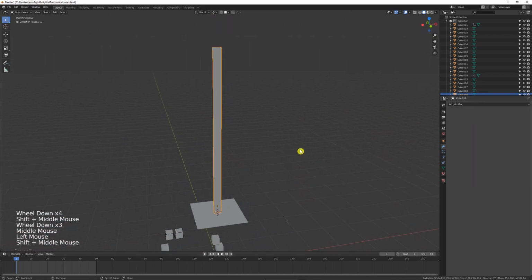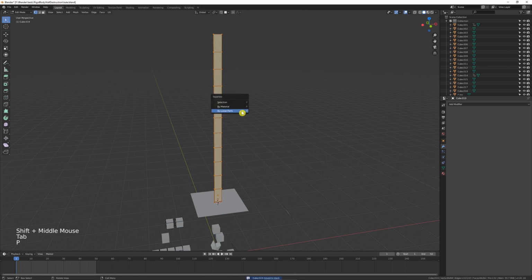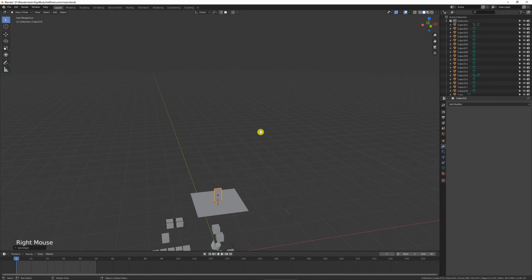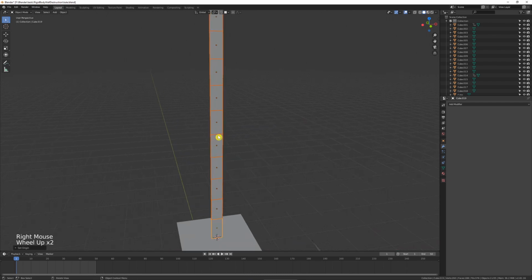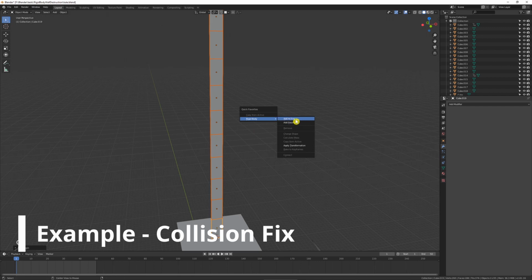Alright, we're going to need to apply that and create its own geometry. Just going to need to separate this by loose parts, and the origins are all here, so we'll just fix that quickly. Whoops, wrong setting, origin to geometry, and then make them all